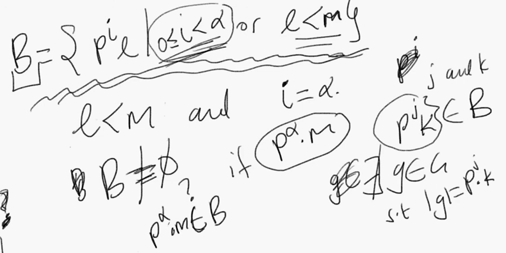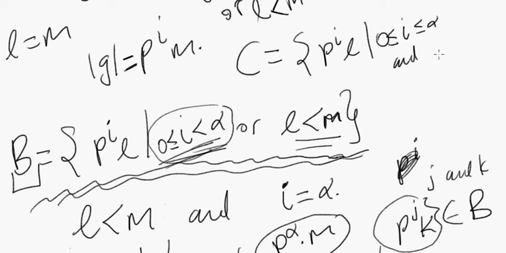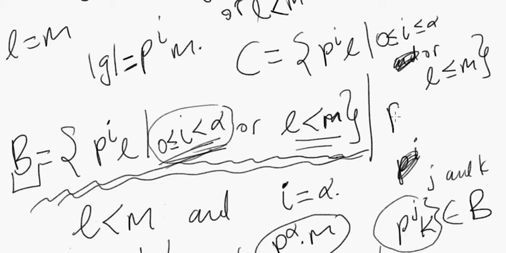Suppose we define a different set, a set C, which allows us the powers of alpha. That is, the set C equals the set of all P to the I times L, such that I is less than or equal to alpha, and L is less than or equal to M. So this one is a little different, isn't it? Because aren't we allowing I to be alpha and aren't we allowing L to be M? So can we at least say that the order of B has to be less than C? That is,